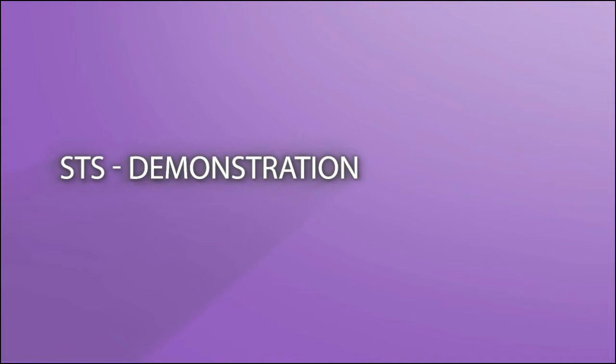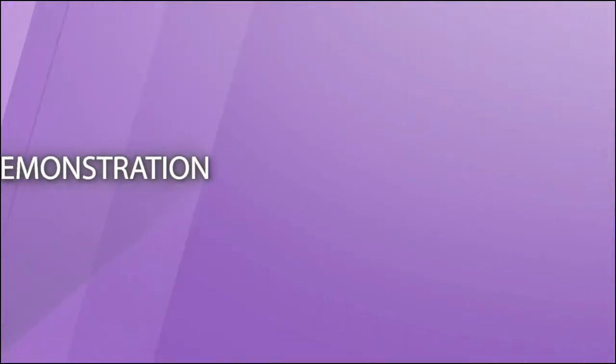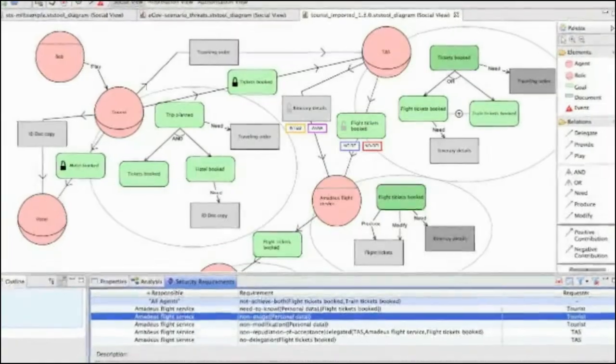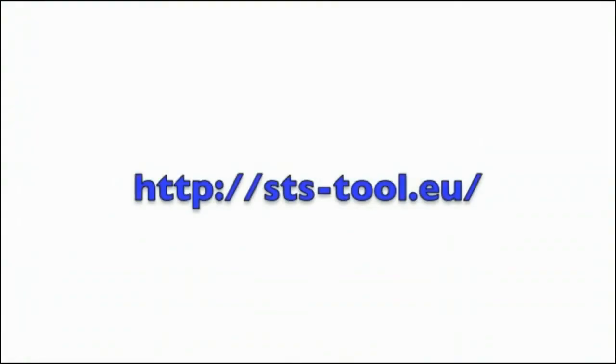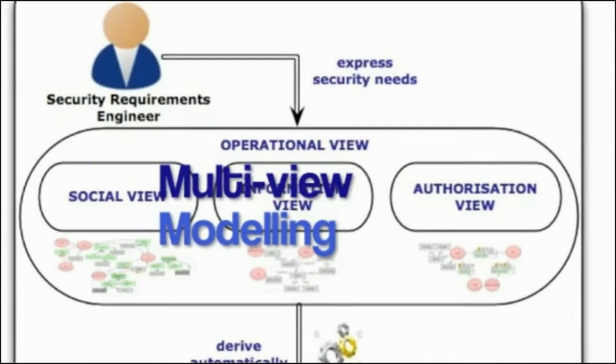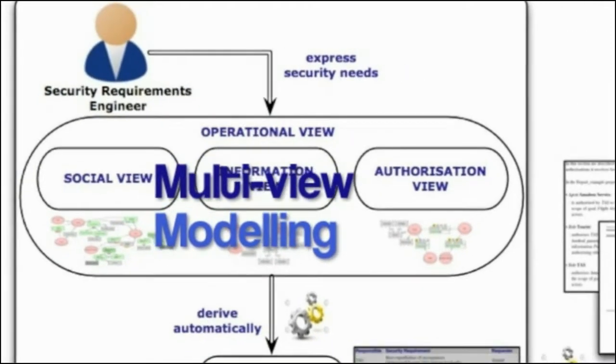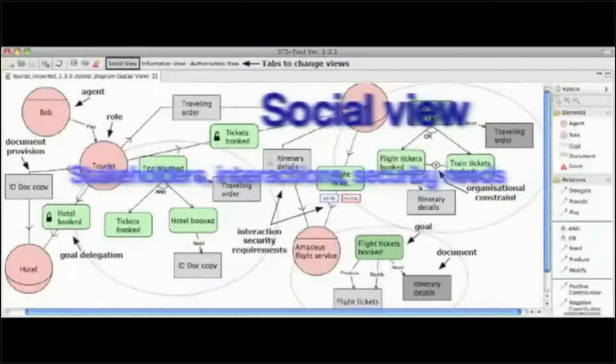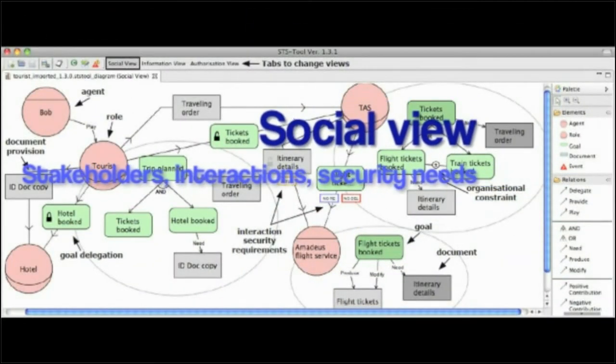STS tool is a security requirements engineering tool for secure socio-technical systems. As such, it is suitable to capture security requirements for composite services. STS tool is a standalone application built on top of Eclipse and is available for download from sts-tool.eu. STS tool supports multi-view modeling to capture stakeholder security requirements for the system to be, capturing stakeholders, their interactions